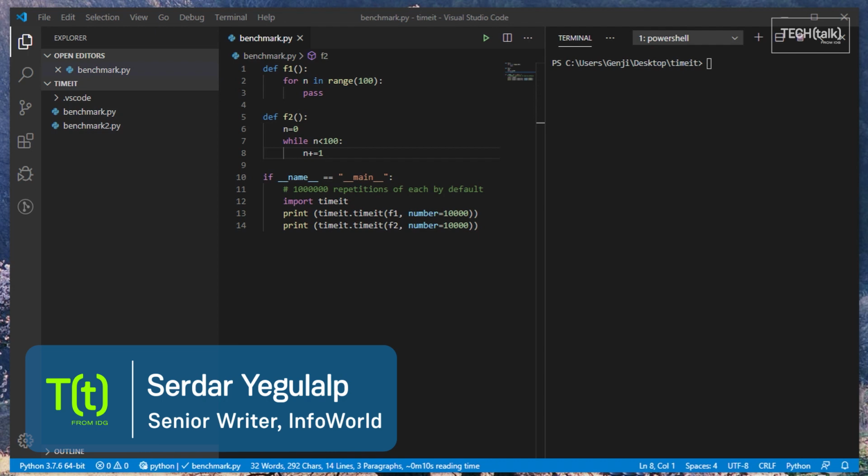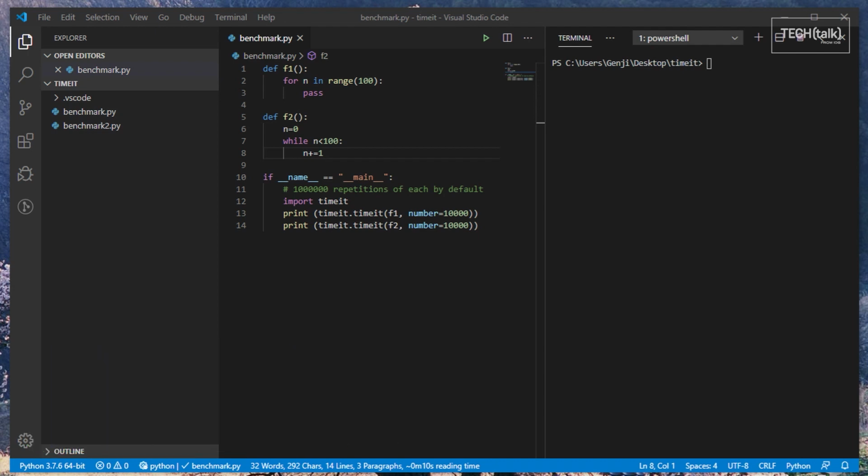In today's video, I'm going to be exploring the use of the TIMEIT function in Python, which is used to perform benchmarks on small pieces of code. Now, Python doesn't place a lot of emphasis on absolute speed. Its main emphasis is convenience and elegance and easy-to-read code. But there are times, especially when you're running, for instance, a tight inner loop, that you want to make sure that you're choosing the right Python metaphors and the right functions to make that inner loop run as quickly as possible. TIMEIT is one of the tools you can use to ensure that that happens.